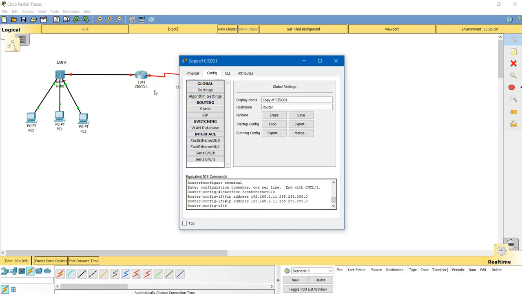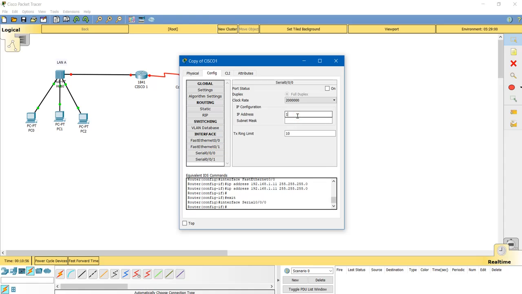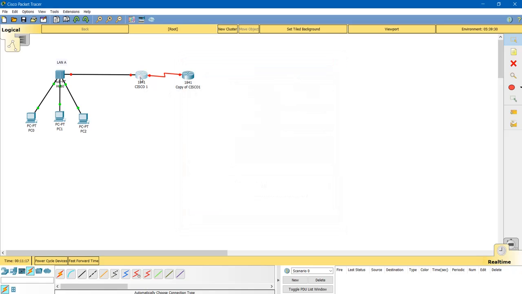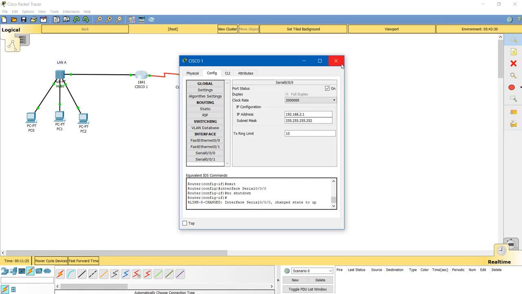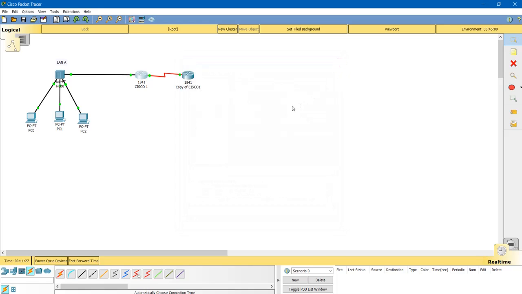Okay, go to our next router here, serial 192.168.2.2 and 252, and turn it on. Okay,